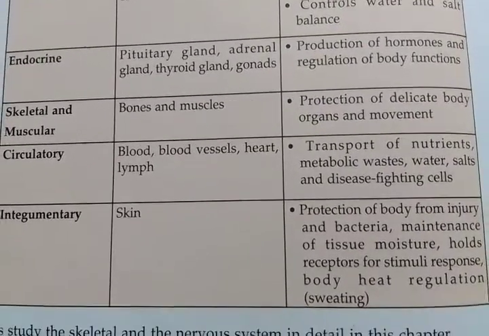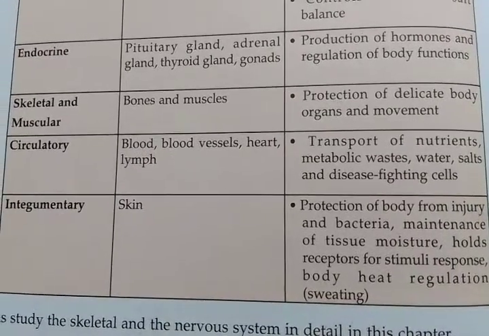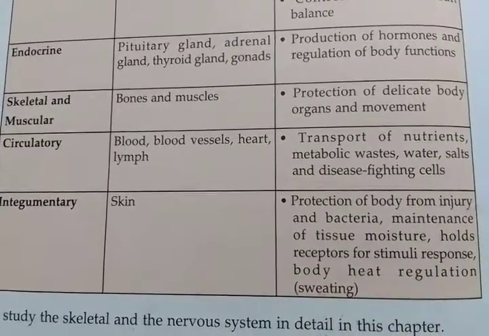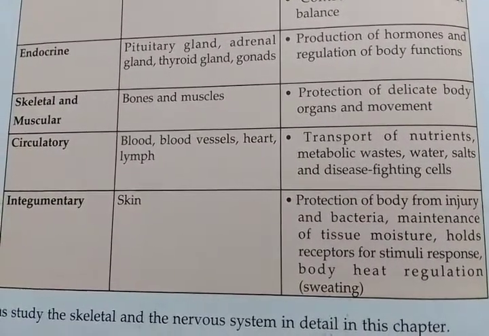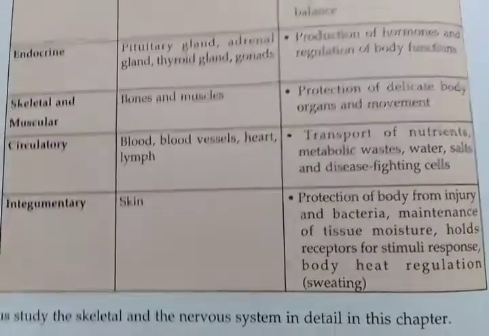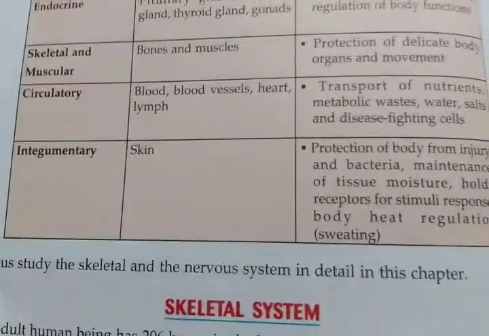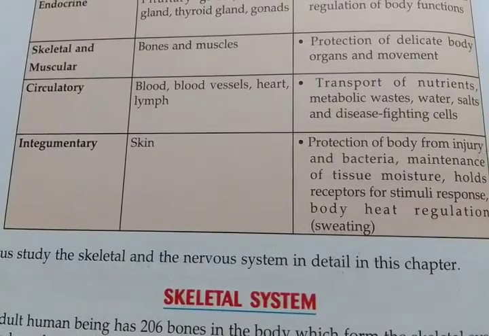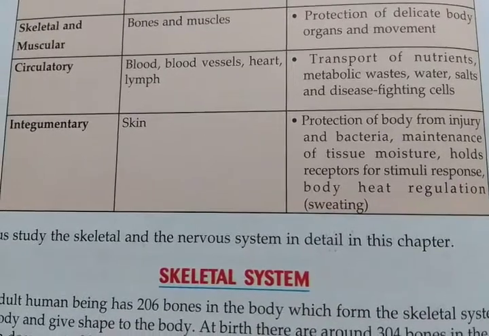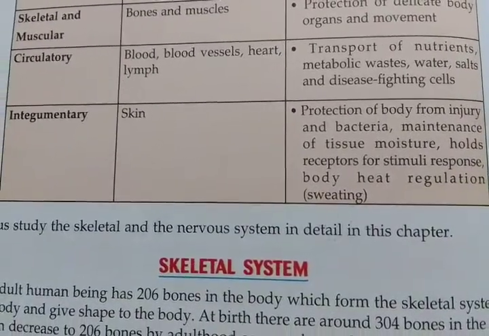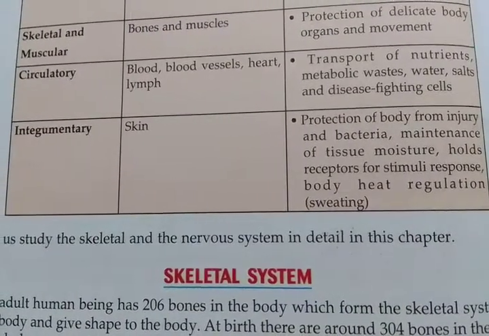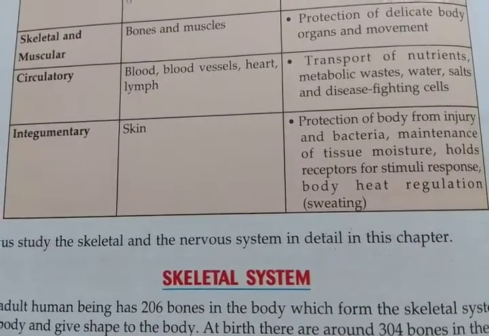Next is endocrine system. Organs included are pituitary gland, adrenal gland, thyroid gland, gonads. And functions are production of hormones and regulation of body functions. Next is skeletal and muscular system, and organs included are bones and muscles, and functions are protection of delicate body organs and movement. Circulatory system: organs are blood vessels, heart, lymph, and function is transport of nutrients, metabolic wastes, water, salts